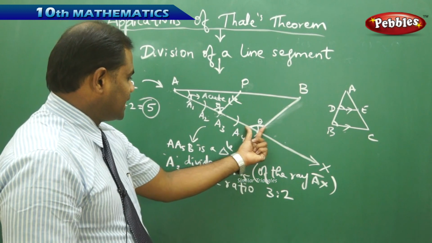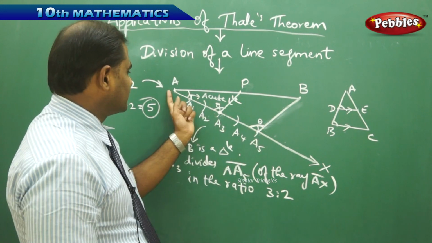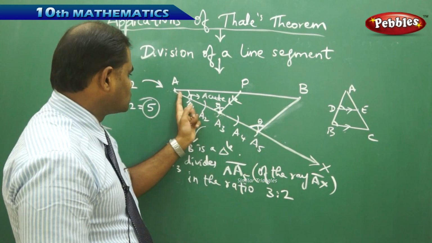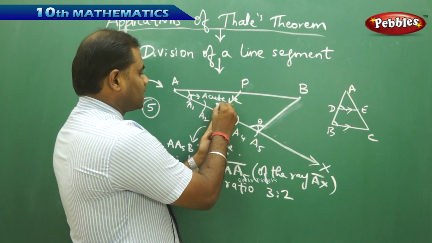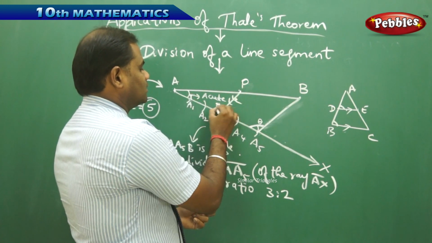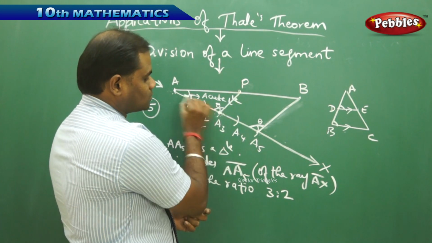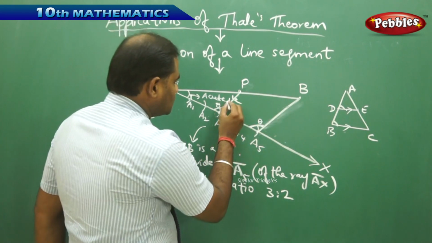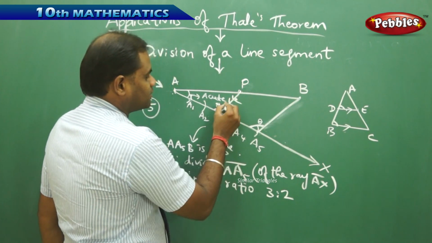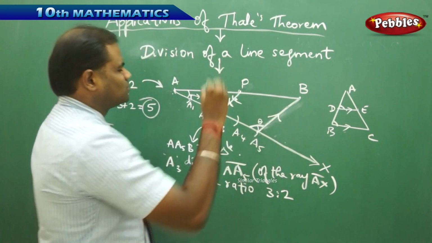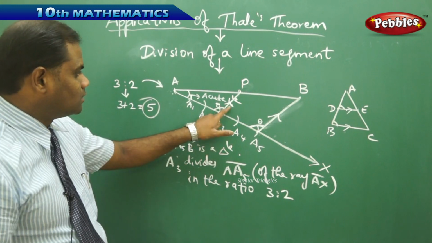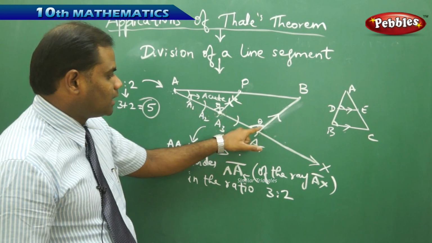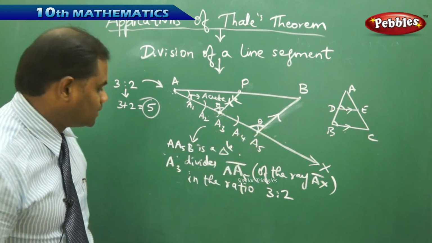So once I get the angle theta from A5, then angle AA5B, which is theta, will also be measured from A3 with the same angle, and that gives me this angle AA3P is equal to AA5B. So that when these two angles are equal, the line which I have obtained here, which is A3P, will be parallel to the third side. So this will be parallel to this when I draw a line making equal angle as theta. Therefore, in the ratio,